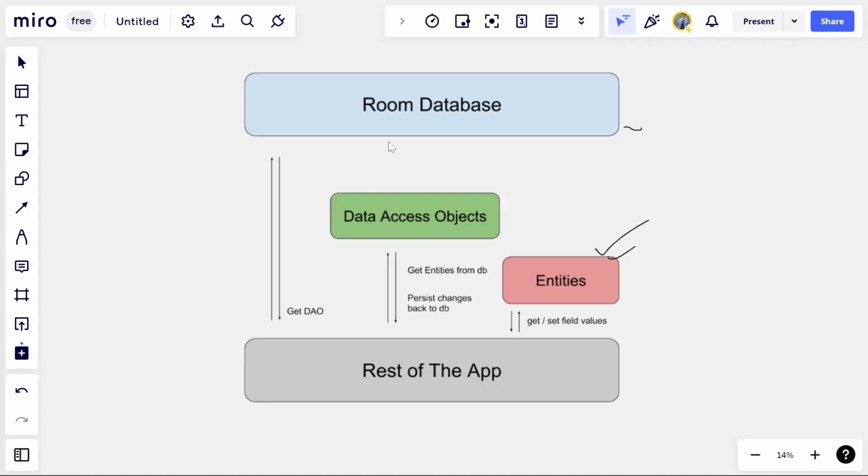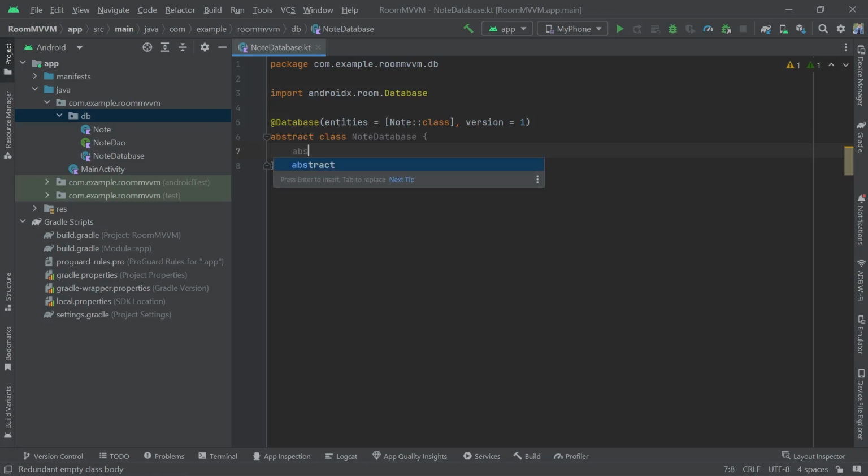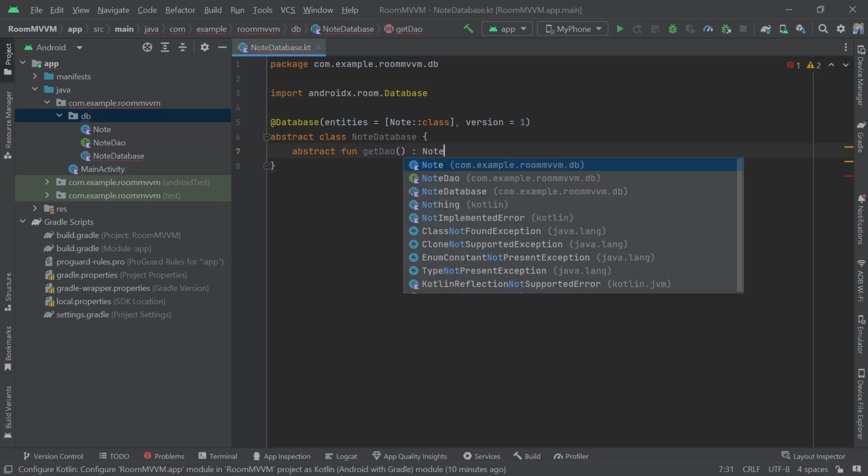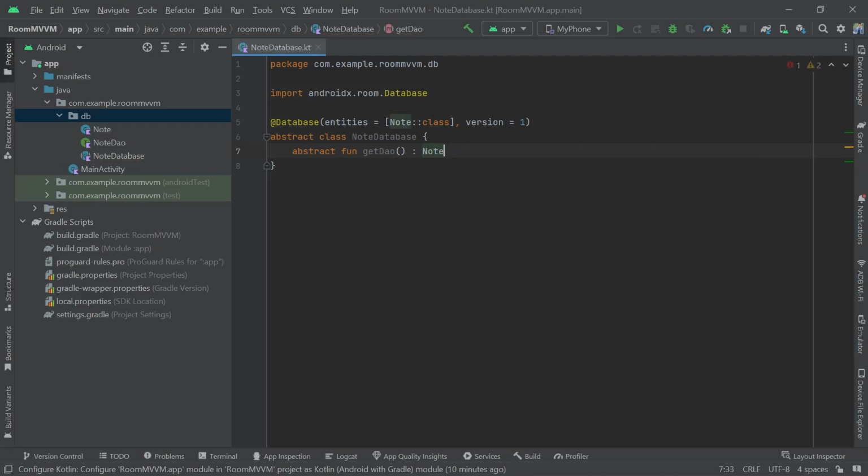So inside of this database, first of all, we have to get the instance of this DAO, and for that we are going to create here an abstract function, getDao, and this will return us a NoteDao instance. NoteDao,